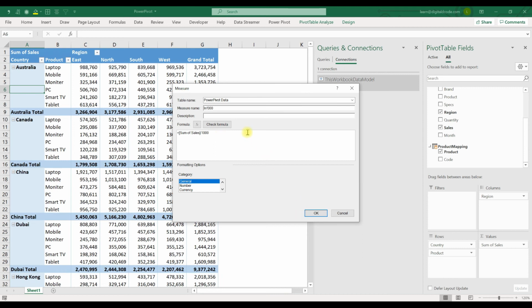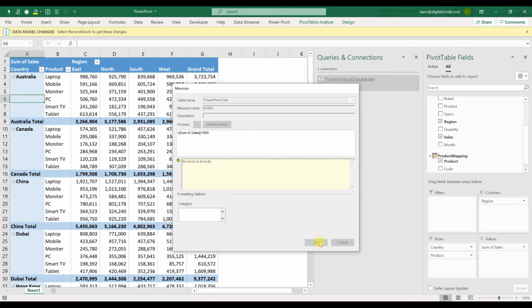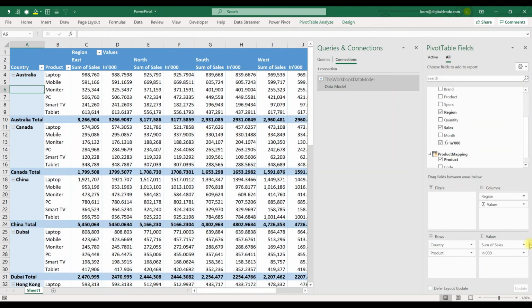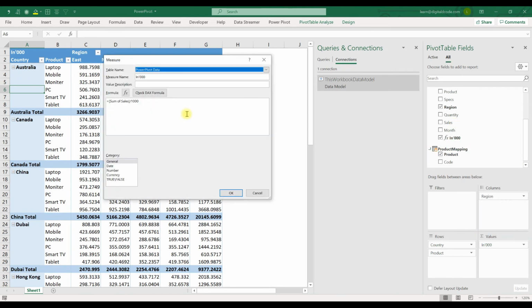Before you click OK, it's always better to check the formula. See, no error in the formula. Just press OK. Now I'll remove the original sales tab because anyway I have the 1000 values. Let's check the number format. Let me show you another thing: Edit measure.